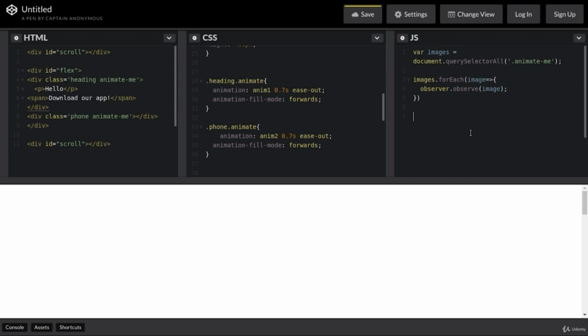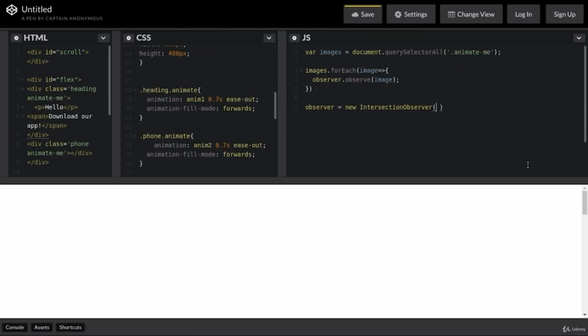So we'll be using the Intersection Observer API. observer equals new IntersectionObserver, and then we write what to do with each of the entries we are observing. As long as those entries enter the screen, we would like to add the class of animate, and if they are off the screen, we will remove animate from them. We pass all the entries to this function, and for each of those entries,